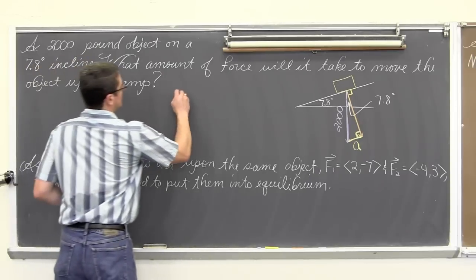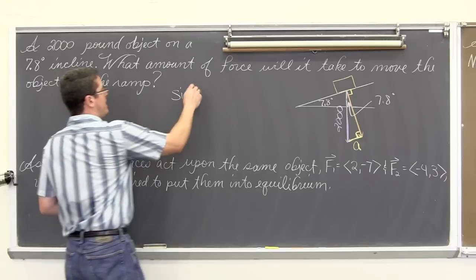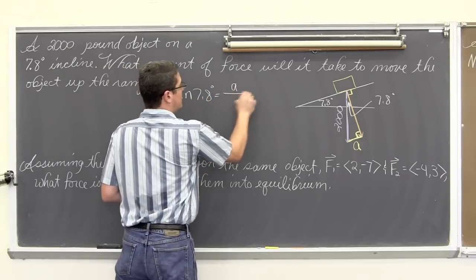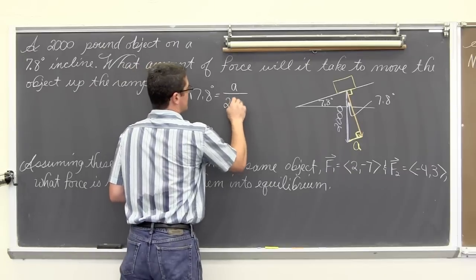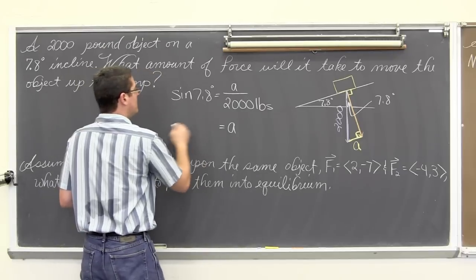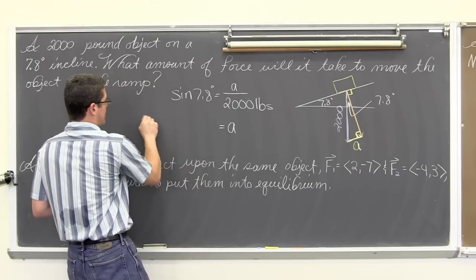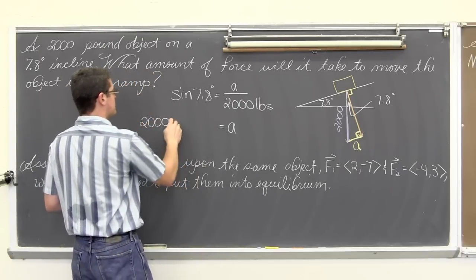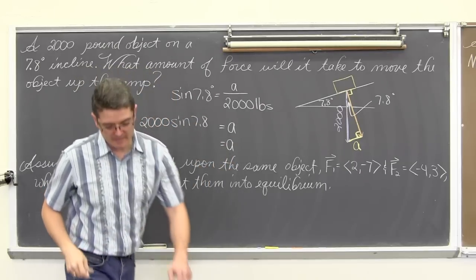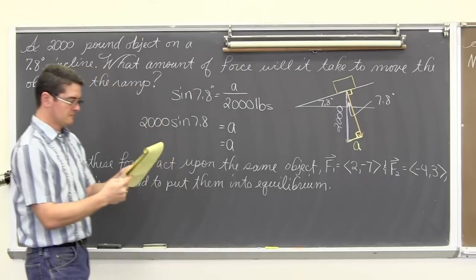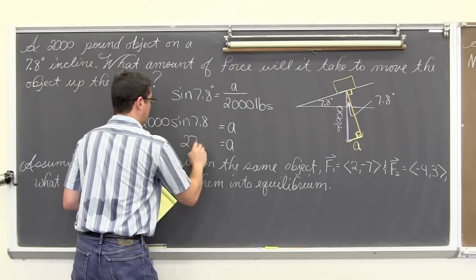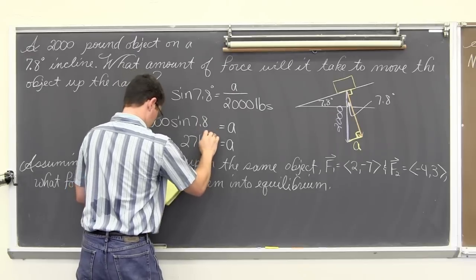So the sine of 7.8 degrees is equal to the opposite side of A over the hypotenuse of 2,000 pounds. So A is going to be equal to 2,000 times the sine of 7.8, and therefore A ends up coming out to be 271.4